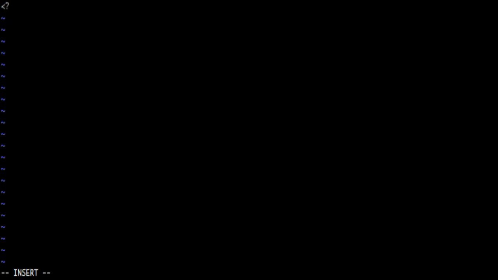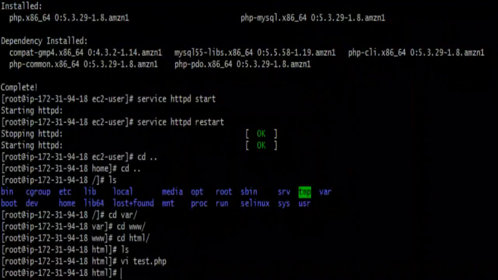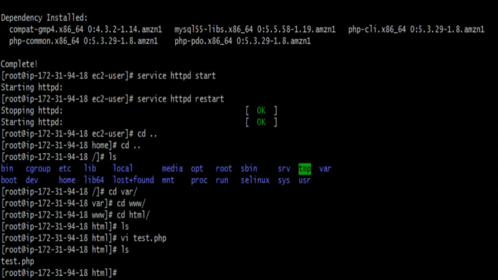And guys, I'll be mentioning all those things inside the description, so no need to worry. If you're able to get it, it's great. Otherwise you can have a look in the description. So I've added my file. You can just press escape and then colon wq. It will save the file. We can see the file is already saved.